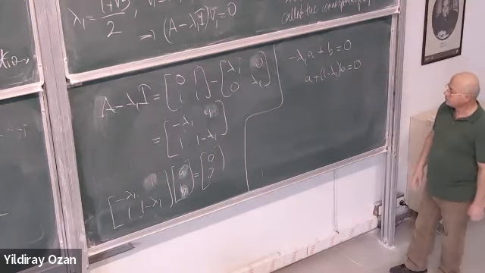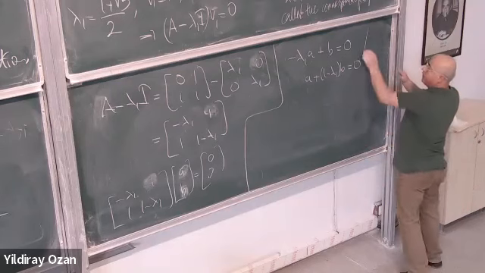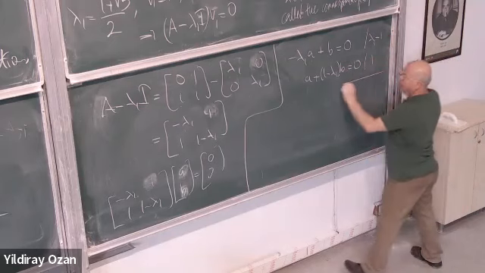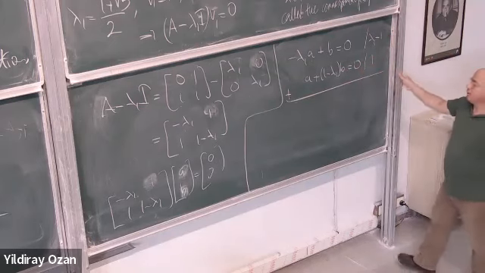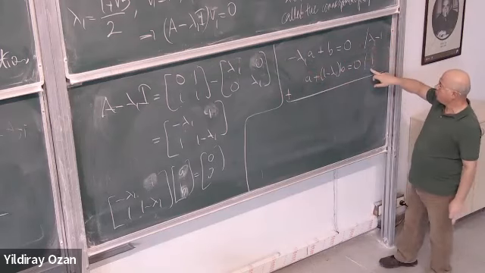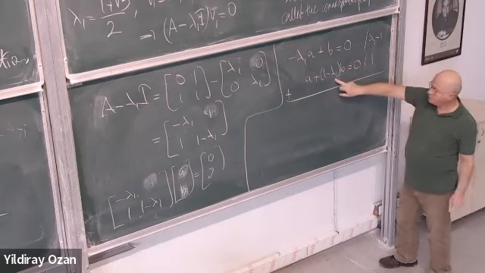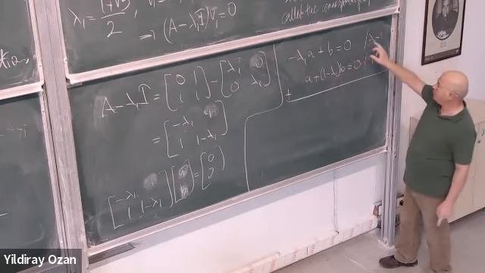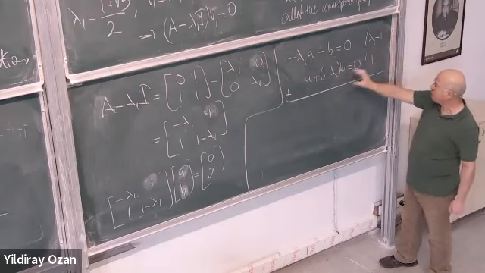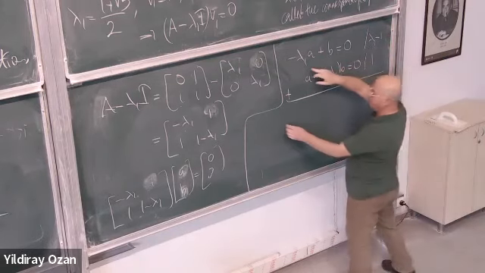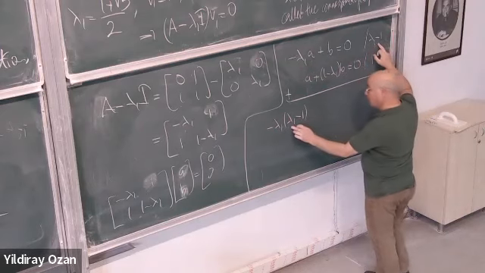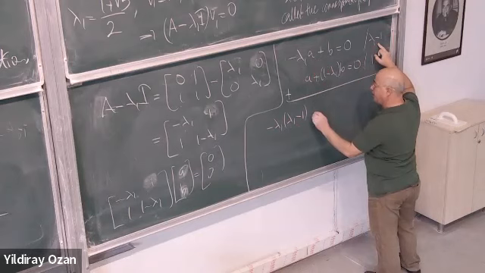You see, if you multiply this one by lambda 1 times 1, and this one by 1, and add them up, you get what? To get rid of the variable B, I just multiply this one with this constant, this one with 1, and then add them up. So we get minus lambda 1 times lambda 1 times lambda 1 minus 1 times A